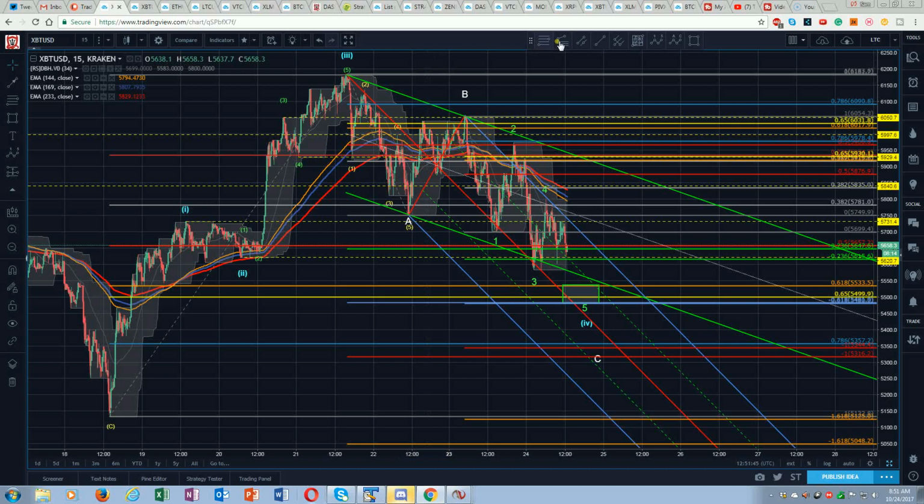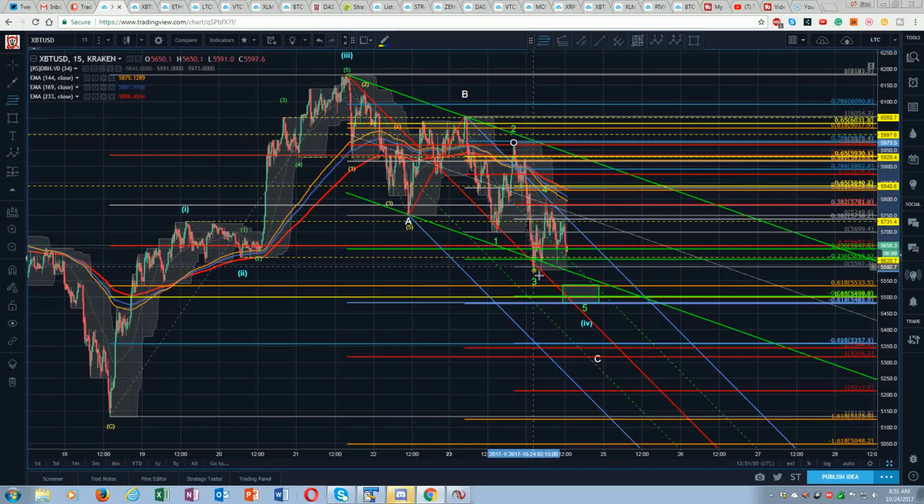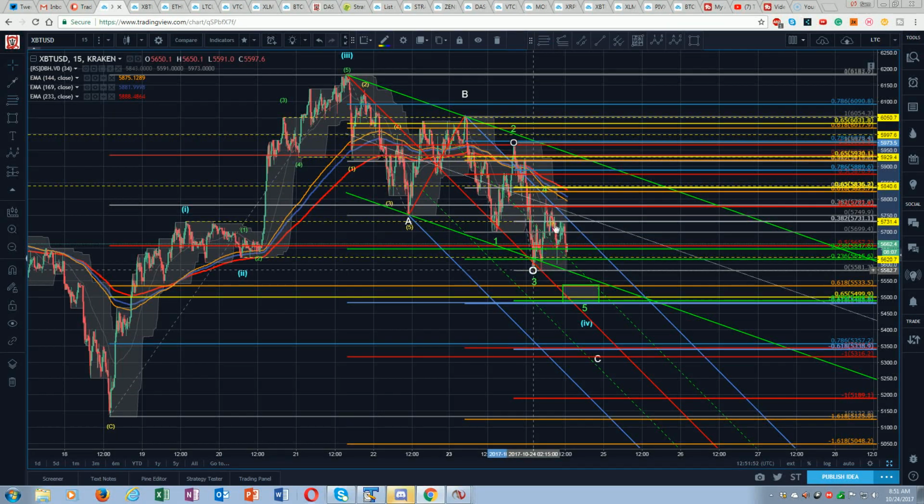Then again we would pull from the 2 down to the 3. There's the 4, it goes right to the 50, and then we get that clustering up here. There's that negative 23, okay, and that negative 618, and then we've got some more clustering. So we're getting these 2 target zones down here as potential support areas.